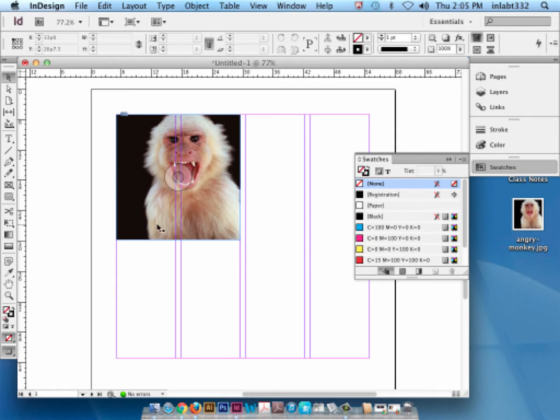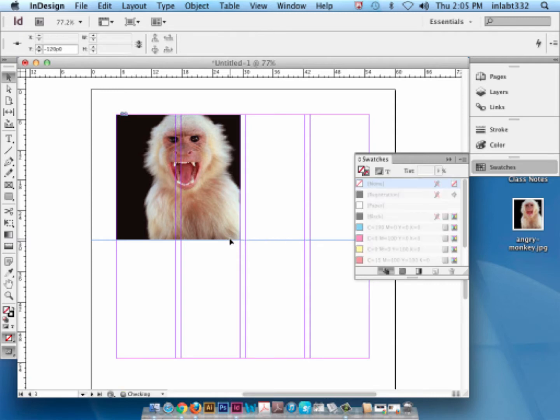Now, if I wanted to align something to the monkey horizontally, here's how I pull a grid line down. I usually wait till I start designing before I start building my horizontal grids, because you just don't know what's going to be what. So I pull from the ruler. Now, horizontal ruler, I go up there, and in the numbers area where there's little tick marks, I click and I drag, and I pop it right down to the bottom of that picture of that monkey. That gives me a point of alignment for things that will be to the right of that monkey, whether it's right and below or right and above. Okay? So horizontal grids, I don't focus on them too much while I'm building grids,